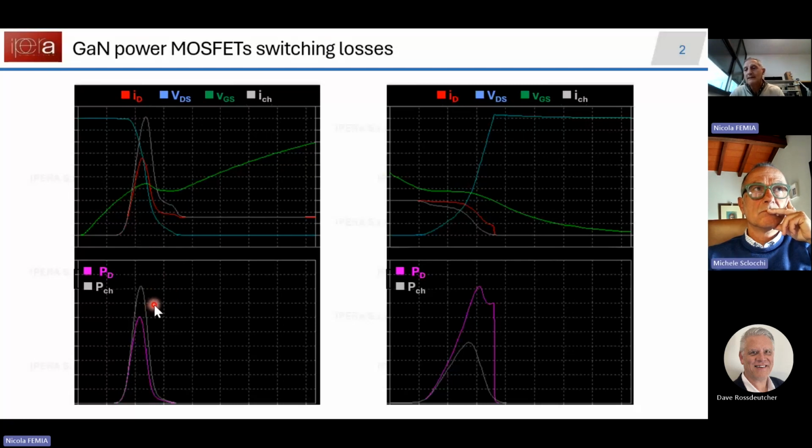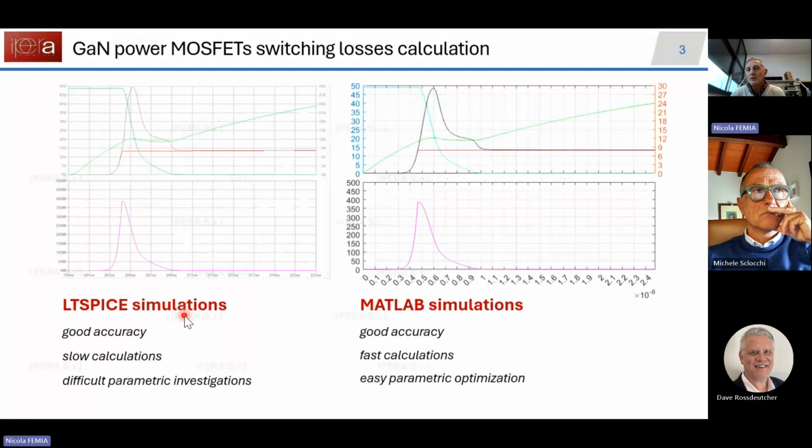Then you need some model, like the LTspice models. In this regard, if you want to get reliable results, you may go through LTspice simulations using very accurate models, but the problem is that if you want to simulate either a double pulse circuit or a half bridge, it takes a lot of time. And this makes it difficult to perform the parametric investigations that designers need to do in order to set up a good converter. Conversely, if you extract the information from LTspice simulation models and you construct some specific, very simple MATLAB codes,